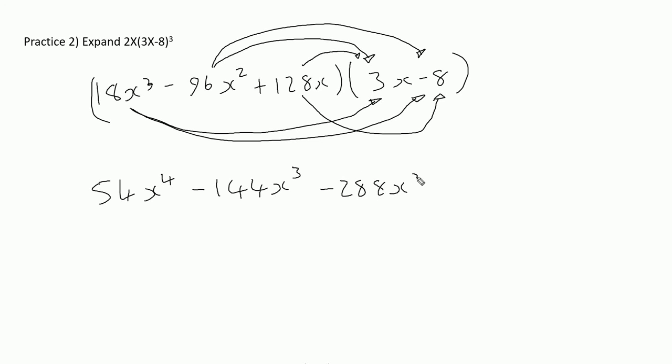And then you do minus 96 multiplied by -8, which will give you plus, because a minus and a minus make a plus, of course, 768x squared. Then you have 128x multiplied by 3x, which will give you 384x. Then you have 128x multiplied by -8, which will give you minus